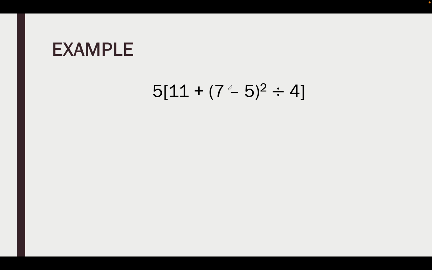This problem has a little bit of everything. We're going to start with the parentheses. We have two sets of parentheses here. We have brackets and we have parentheses. When we have multiple sets, we start with the innermost set of parentheses. So that is 7 minus 5. So we're going to record everything else